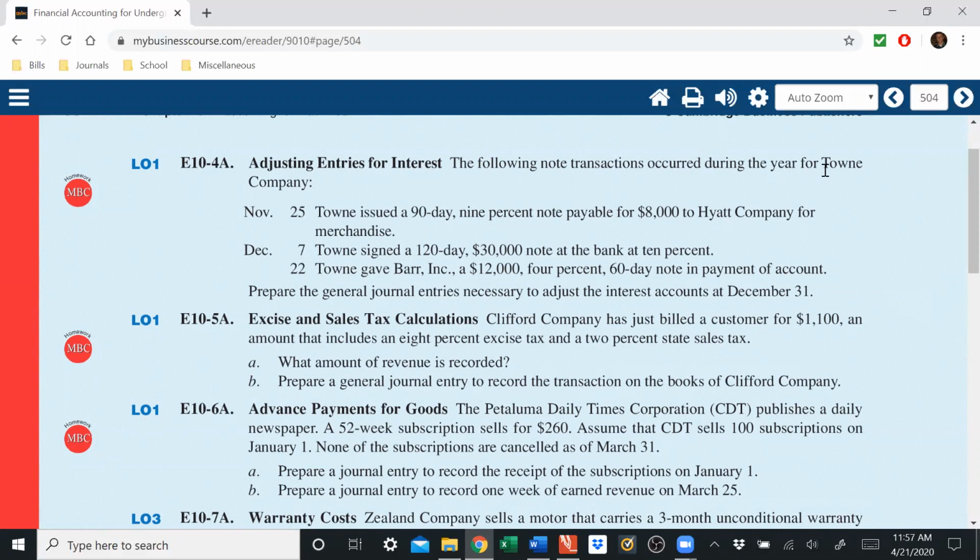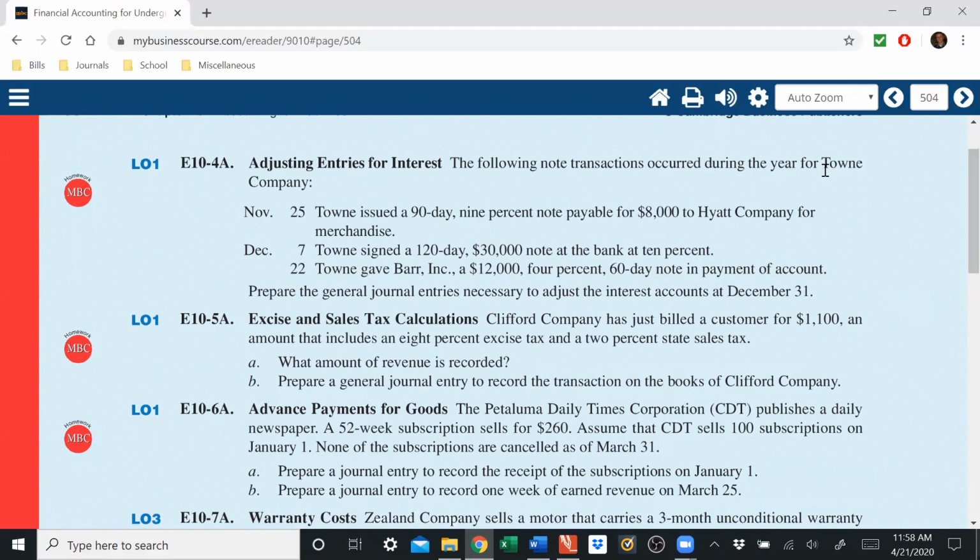So on December 31st, we need to recognize some interest expense relating to this note and the related interest payable. We don't have to pay it though until, what's 90 days after November 25th? March 25th? But as of December 31st, we need to recognize that